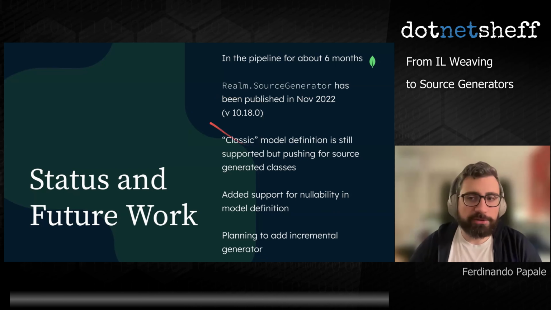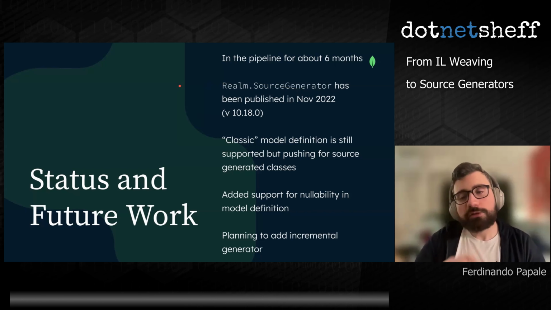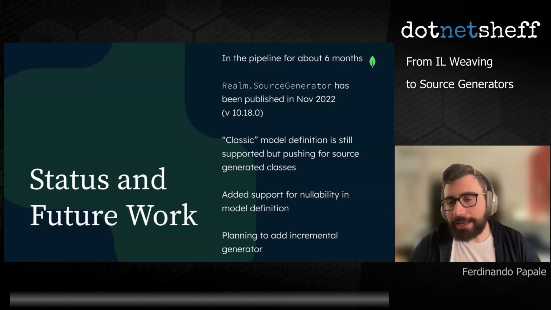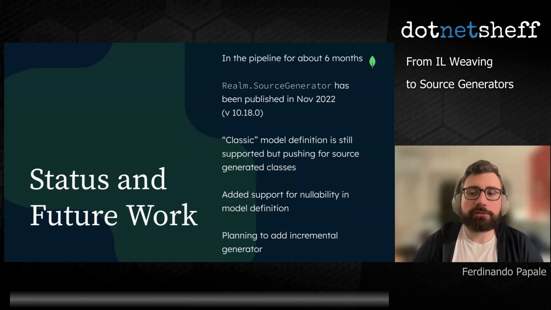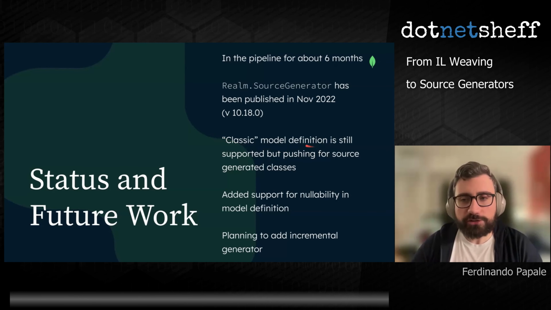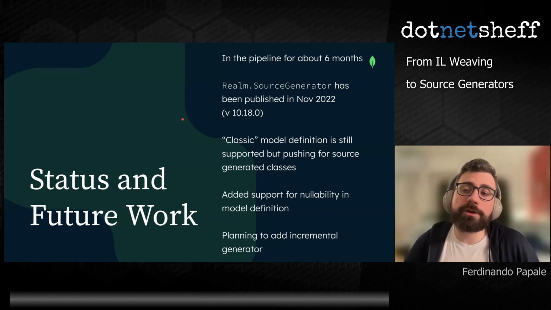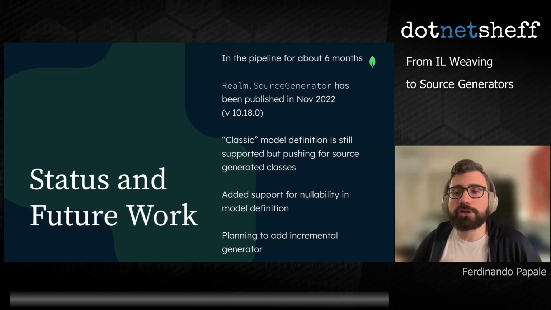So this is the time that we published the first NuGet package called Realm Source Generator. Nowadays, we don't have a separate package anymore, but the source generator is already included in the Realm package. And we still support nowadays the classic model definition, so the one based on the Weaver, but we are pushing developers, at least we would like developers, to move to the source generated approach because we would like to get rid of